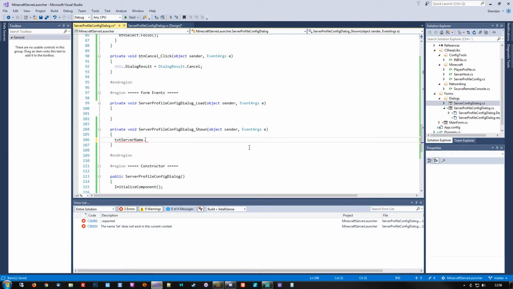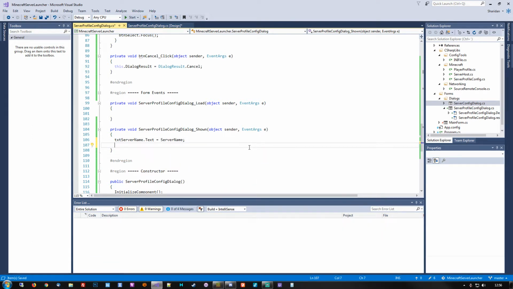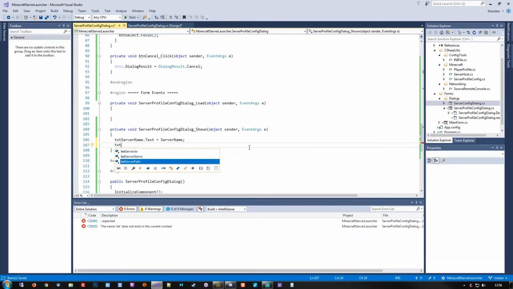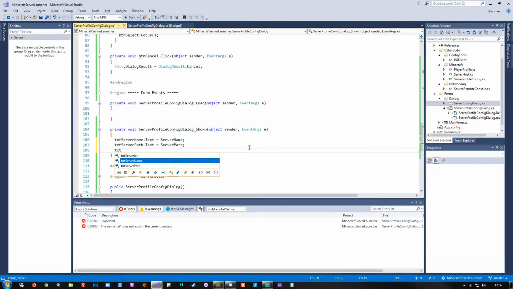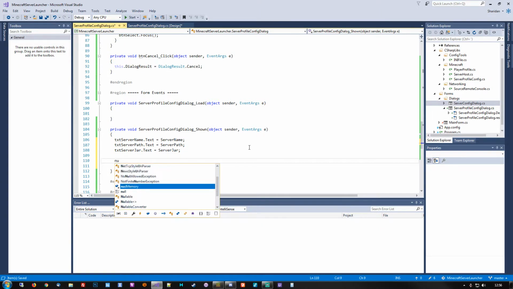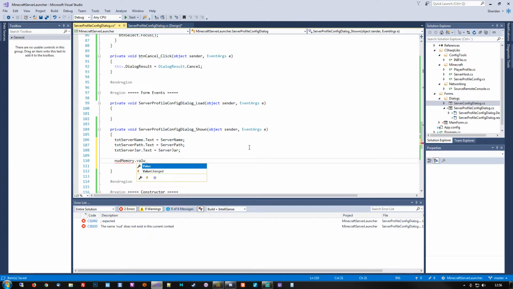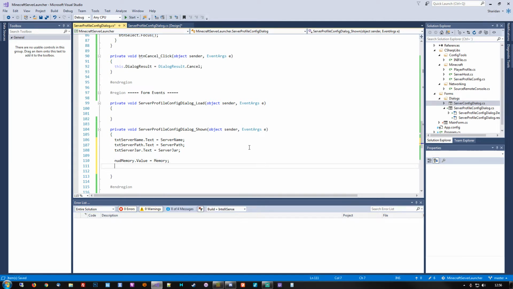So we'll assign those from the properties. There we go. Server path, like so. The server jar, like so. And finally, the numeric up down needs the memory set. Now, one interesting thing is that when assigning an integer value to any of the floating